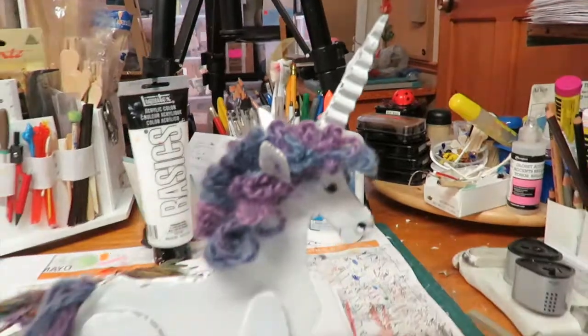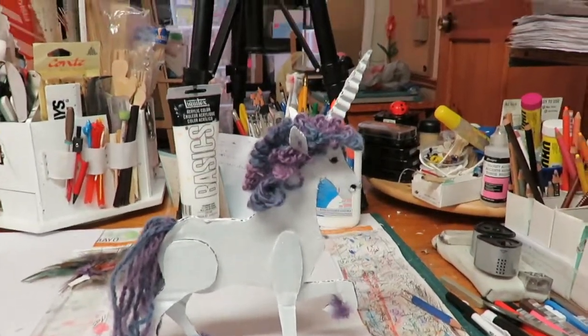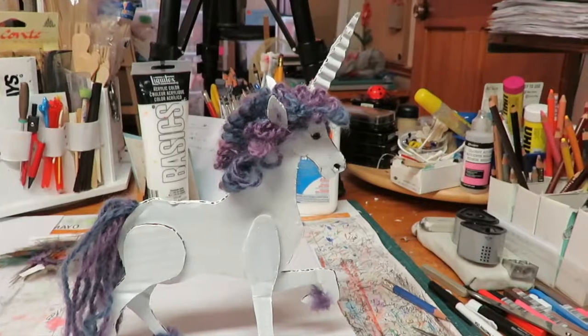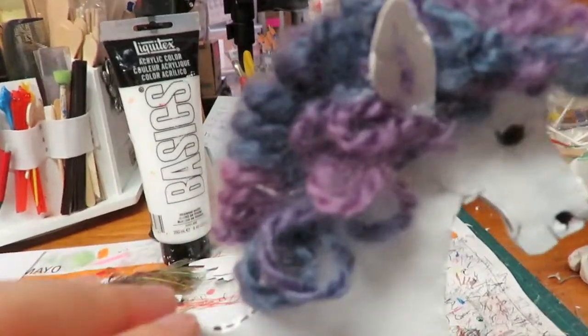Now, I guess he's a pegacorn if I add the horn. The horn is optional if you're doing this, and I think I want it narrower, so I'm probably going to cut it down a little bit. But I added a bead for his eye and punched a hole, but just colored it in with Sharpie marker black. And the inside of his ear is treated with